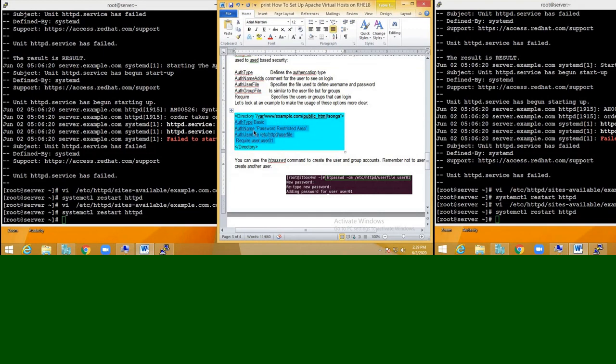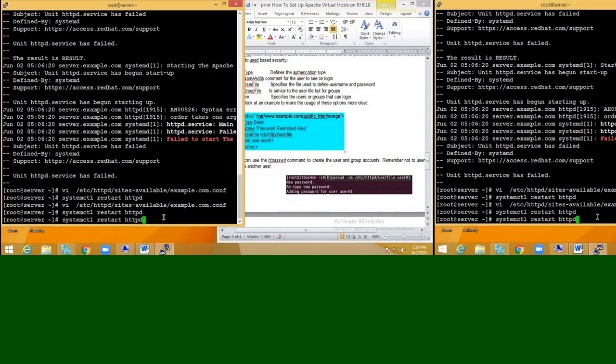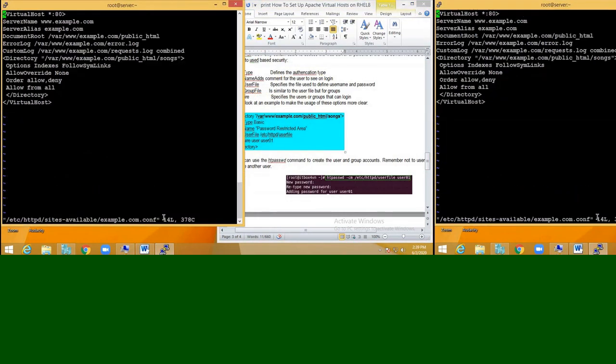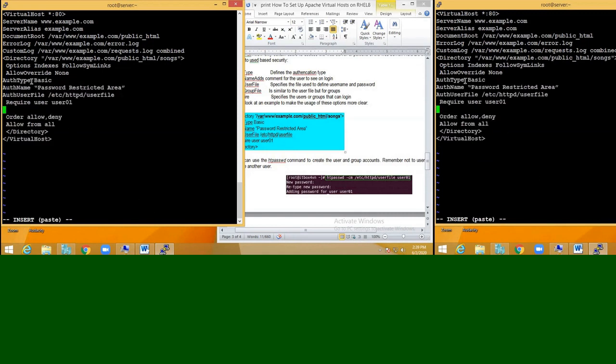I'll copy these settings, then go to vi /etc/... after the symlinks, AllowOverride None, go to the end of the file and paste.